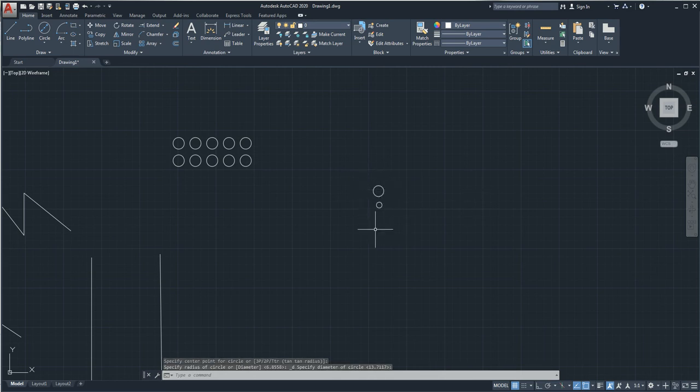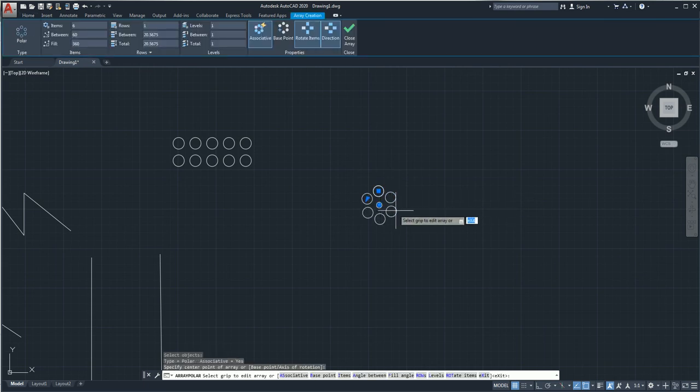or something like a circular array. So we can open up this menu and select polar array. Okay, now it says we have to select the object. This will be the object we want to array, then hit OK, then that will be the center point of the array, and now we have the quantity. It's a default quantity of 6. We can change it to 5 or 4 or whatever value you want, and then close array